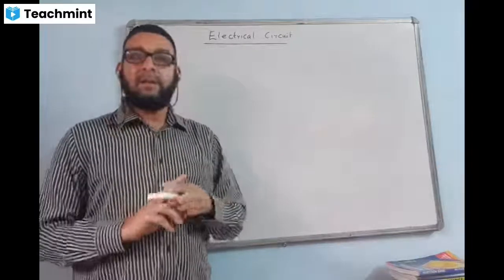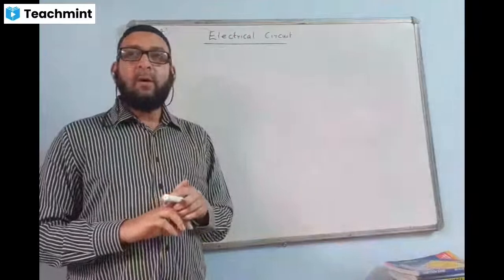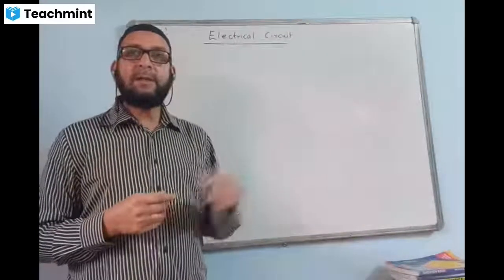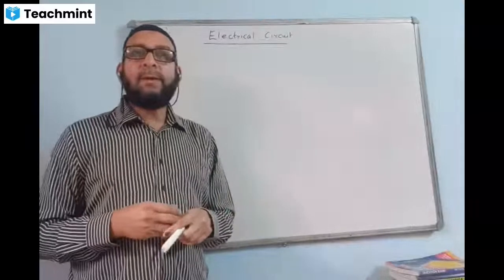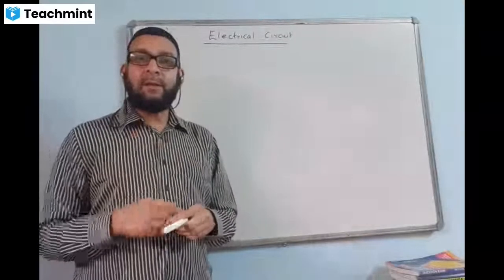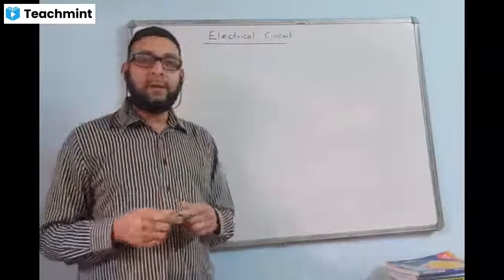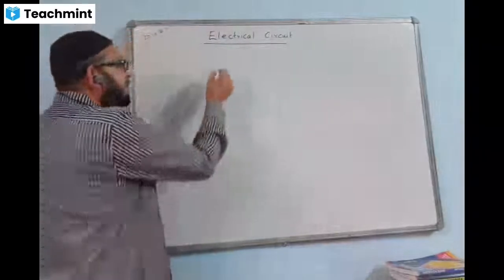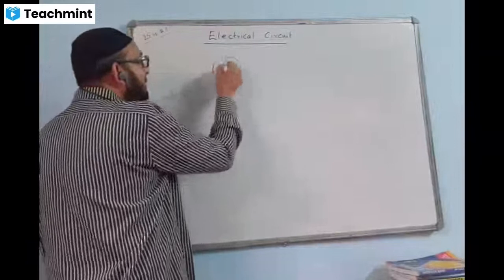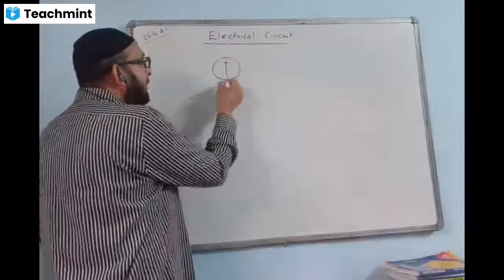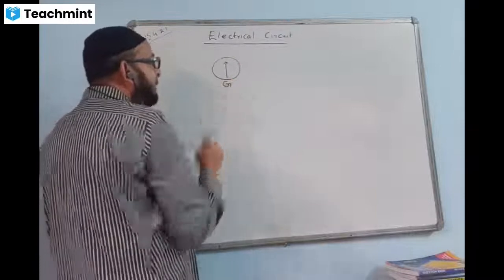detects the current or which determines the direction of current. That is galvanometer. Normally, a galvanometer does not measure current. It only detects and gives the direction of flow of current in a circuit. Normally, a galvanometer we show in the diagram like this. This way, a pointer we will show in the middle out there. This is galvanometer, and that we denote by G.